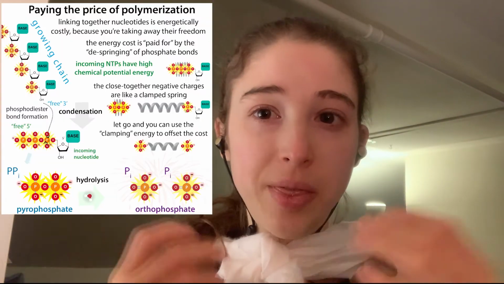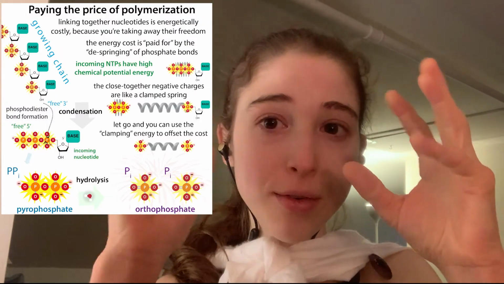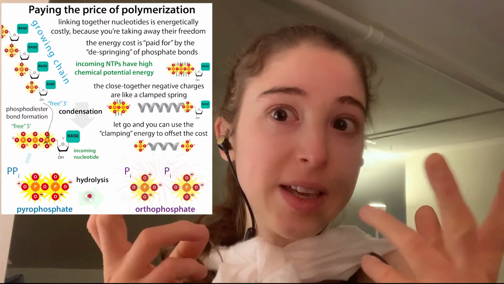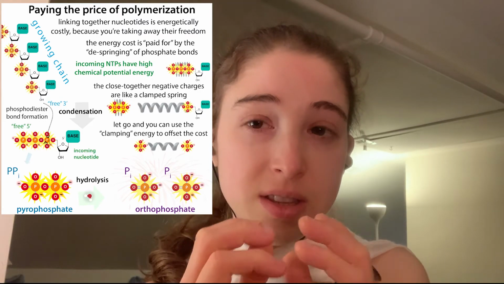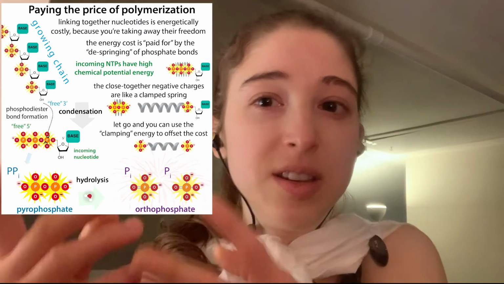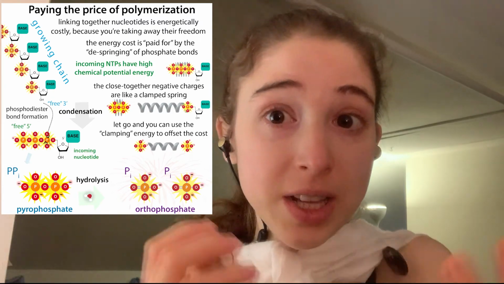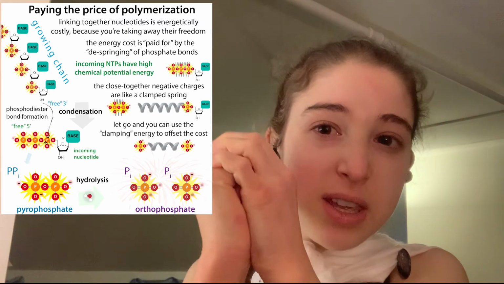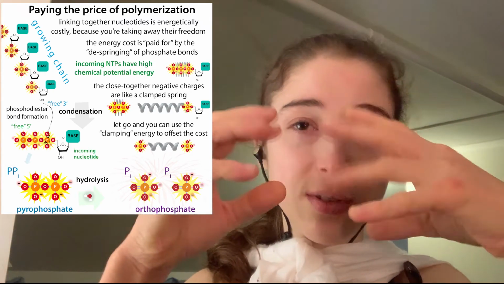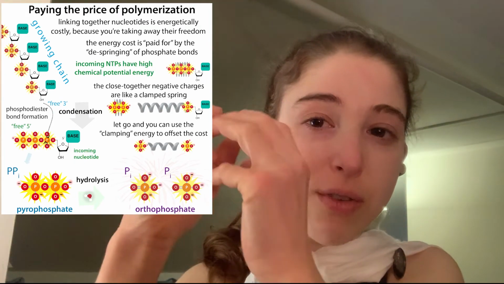Because DNA letters, when they're coming in to be added to the chain, have money with them. They have a triphosphate group. You might have heard of ATP as the energy currency. The DNA letters are dNTPs, so they have the triphosphate group too, and that's where all the energy is coming from. Because ATP, or any NTP, has these three phosphate groups, and they're